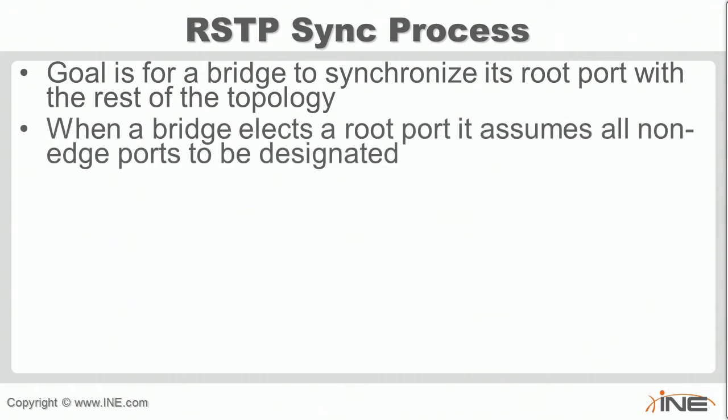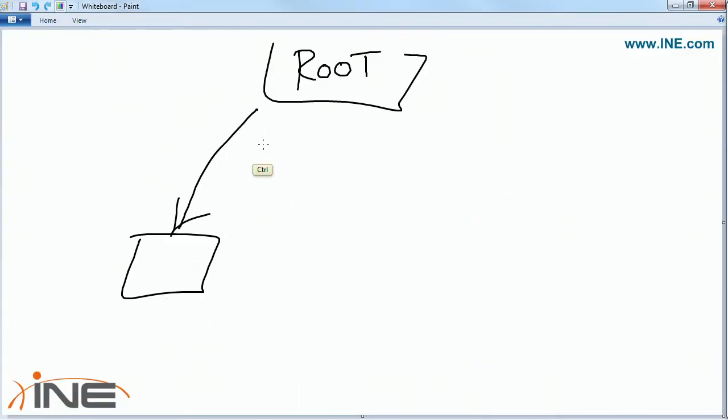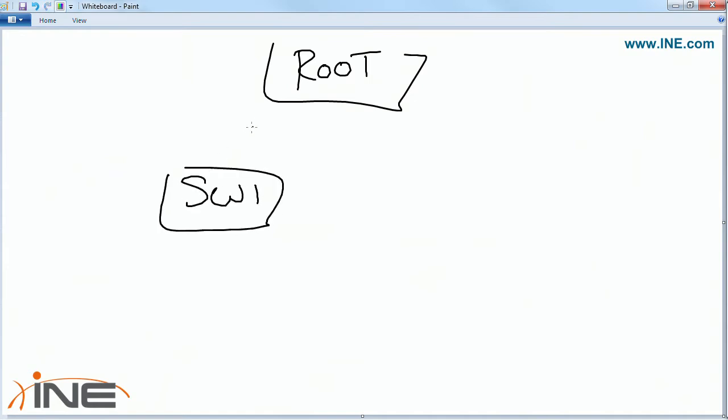So when the bridge first joins the network, it's going to figure out who is the root bridge and then what is my root port. Every other interface on the device is then going to go into the discarding state. So in this case, where we have the root bridge and then switch 1 joins the network,